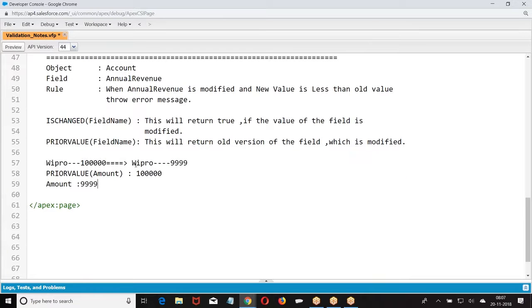So if you want to refer to the old version, we use PRIORVALUE. If I say amount, we are going to get the modified value, right?